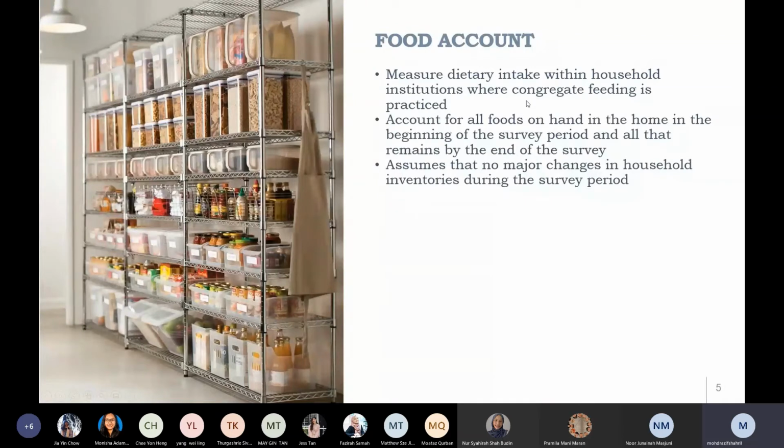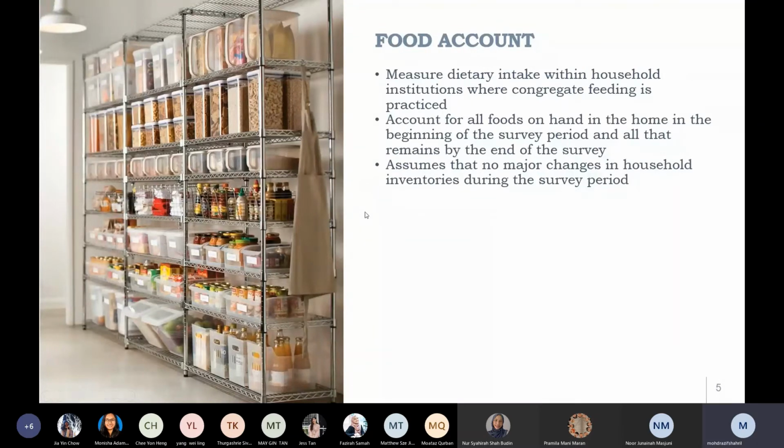So we measure the dietary intake within the household or institution where congregate feeding is practiced, where we usually feed congregatively, for example at a nursing home, at a hospital, at hostels, at a prison. Places like that, we can use the food account method to see how the food is being consumed by the